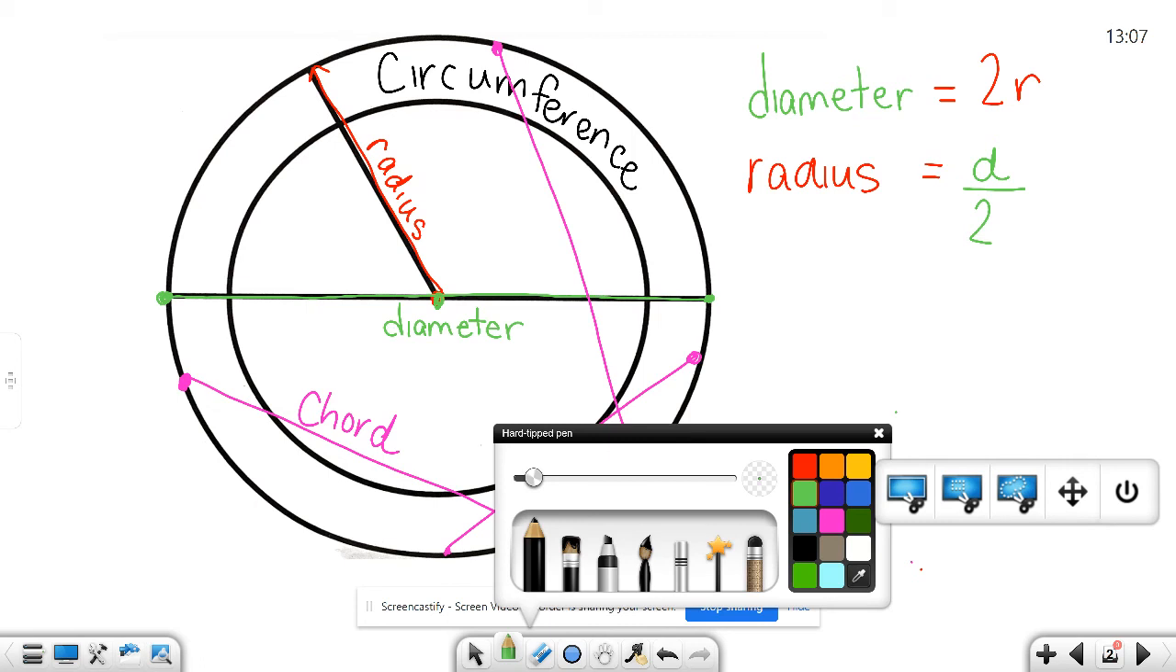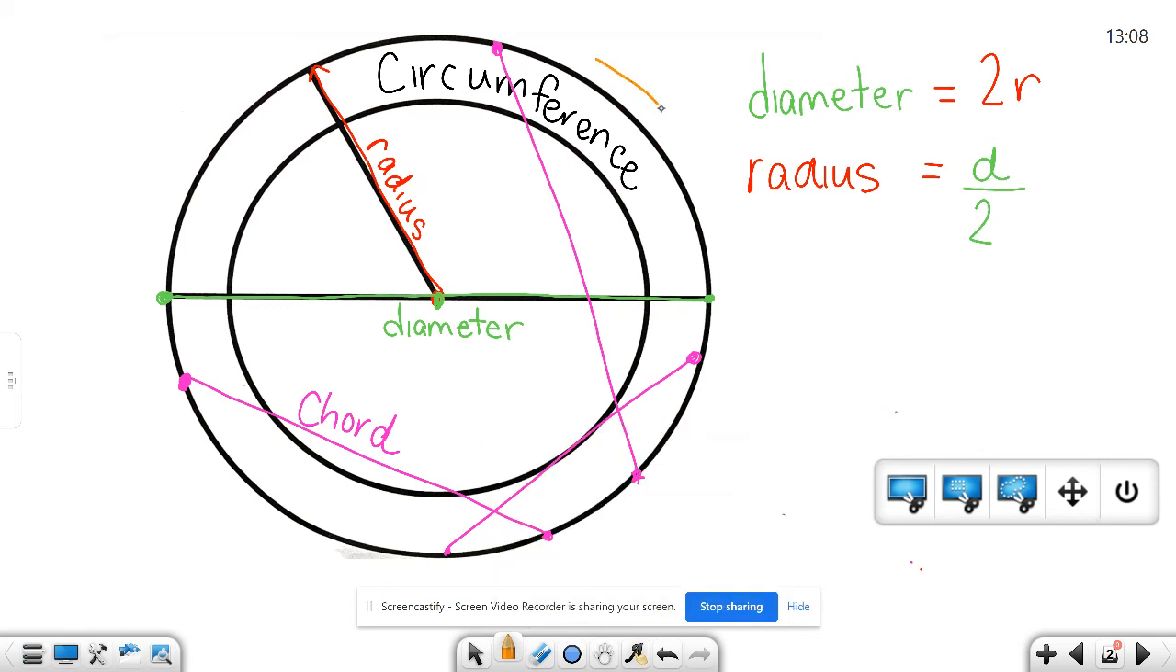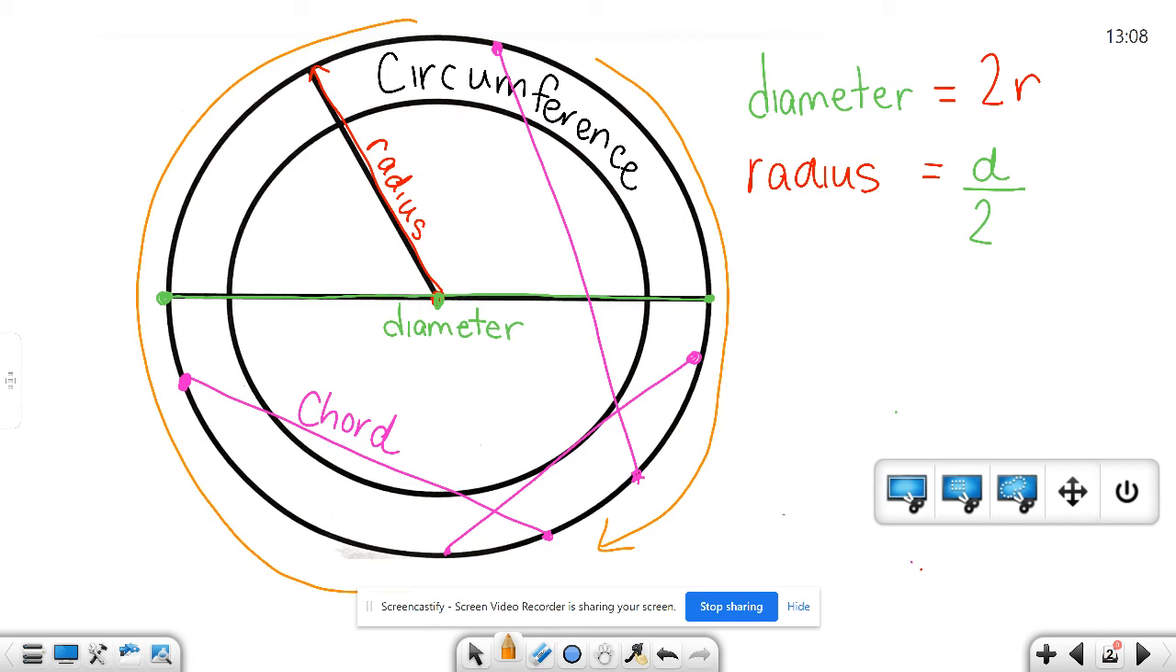We're also going to introduce something new. The circumference of a circle is the outside of a circle. If you want to think of that as the letter C, the big gigantic C, you can. But the circumference is all the way around the circle. It's the distance around the circle. And in order to find the circumference of a circle,